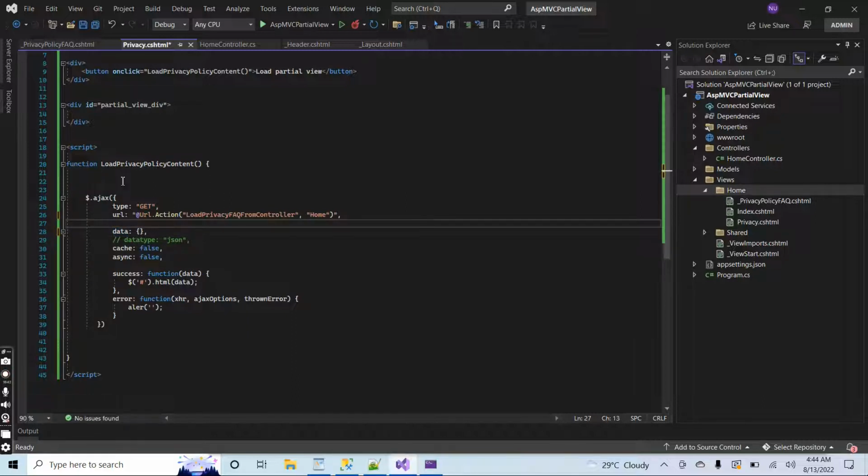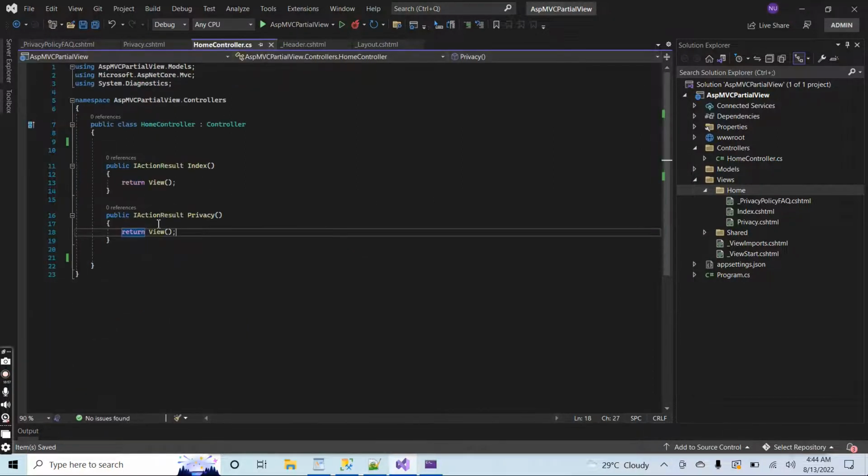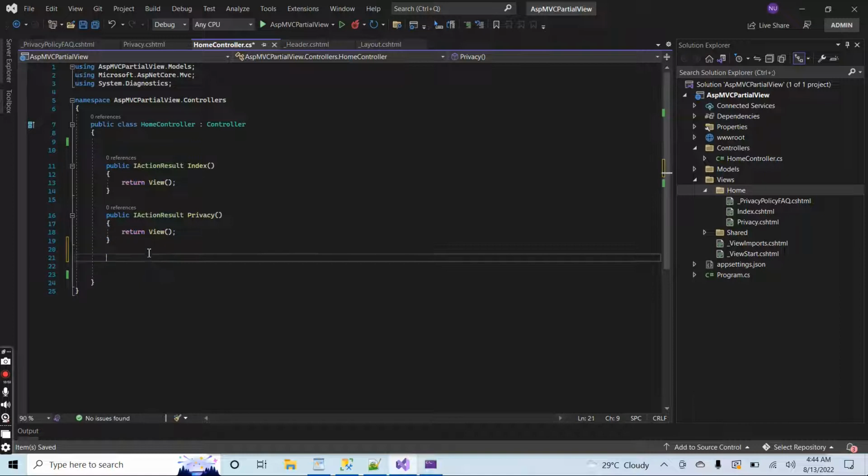If you want to add some kind of parameter to the AJAX call, then you can specify it here. Just keep this option as it is. Comment this one at this time. Okay. Now first I will add this action method to the controller. Go to the controller, and here I will add an action method,